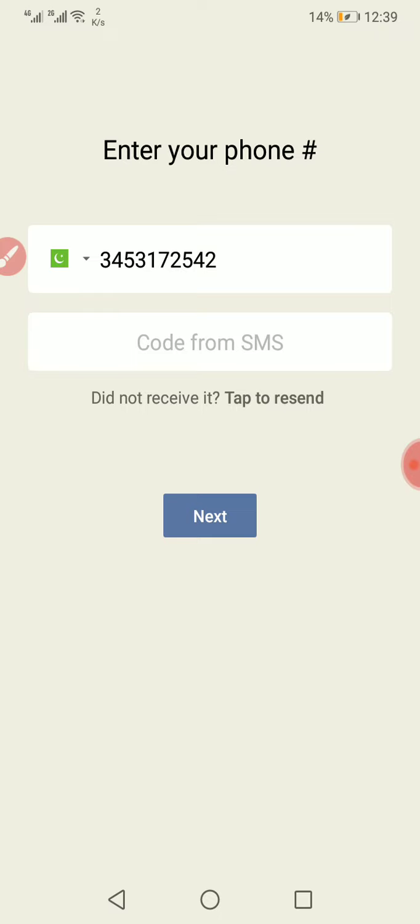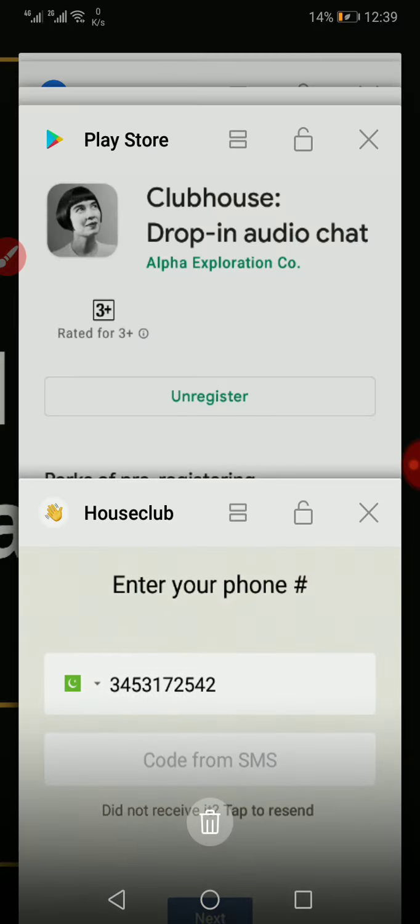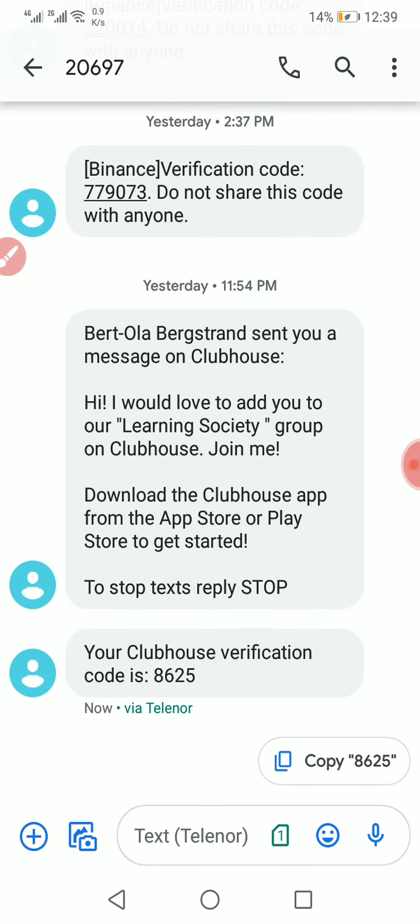enter the code. We will enter the code, and the code will come. Okay, you get the official Clubhouse message